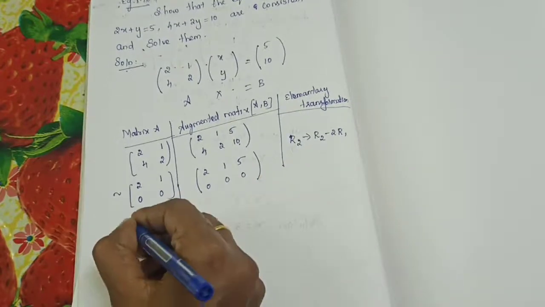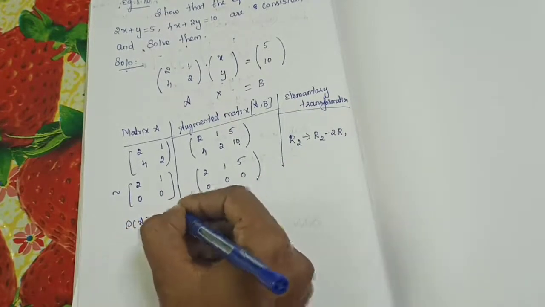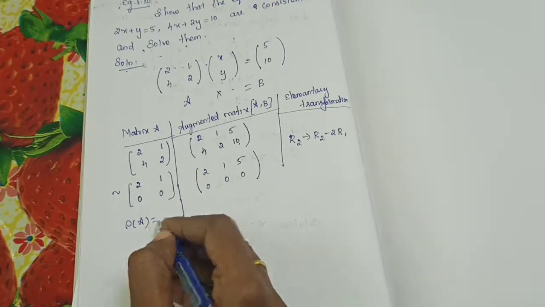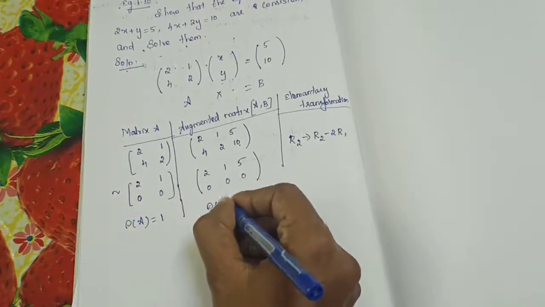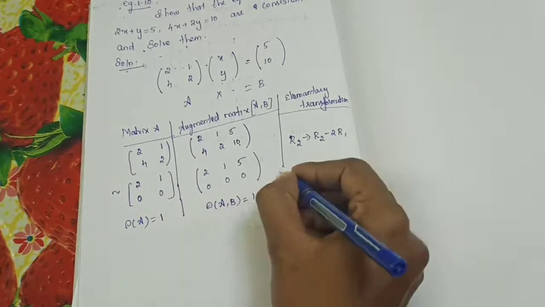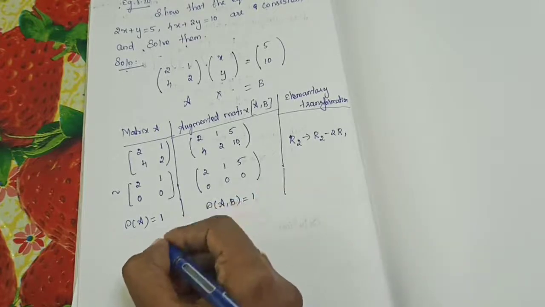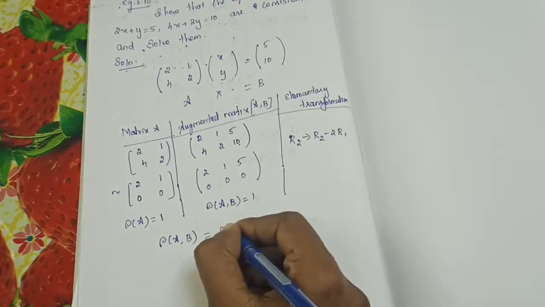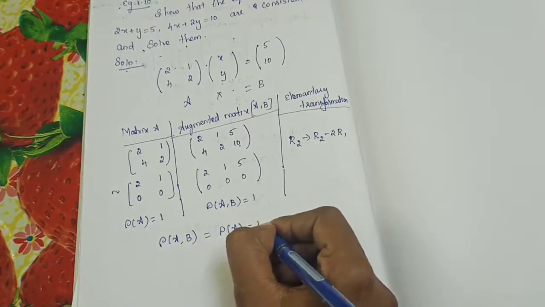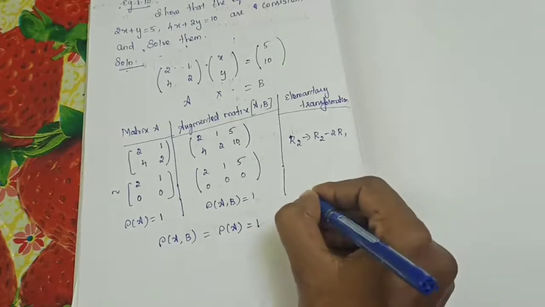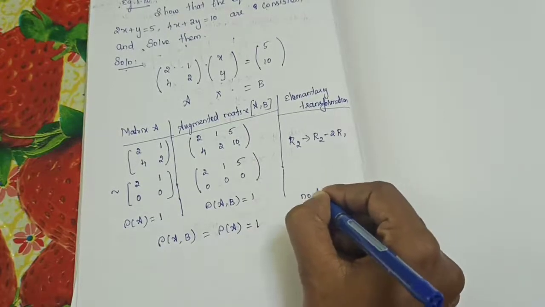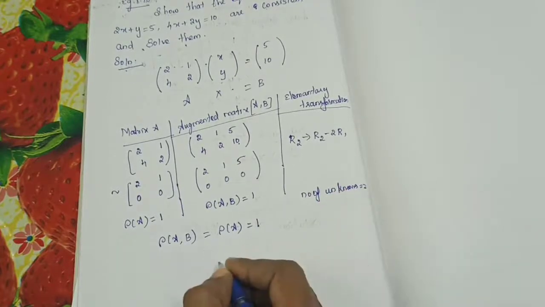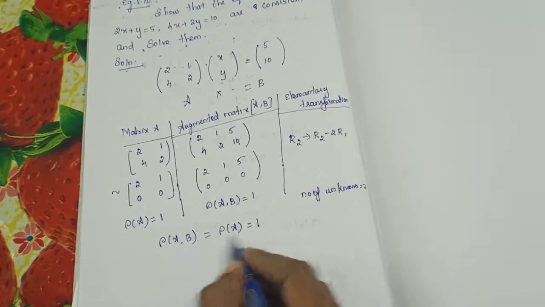0. Yes. So the rank of A, sorry, the number of non-zero rows is only 1. So the rank of A comma B also is only 1. Is it right? So here the rank of A comma B is equal to the rank of A is equal to 1. How many unknowns are there? 2 unknowns, I said this. But we got the rank of both equal to 1.